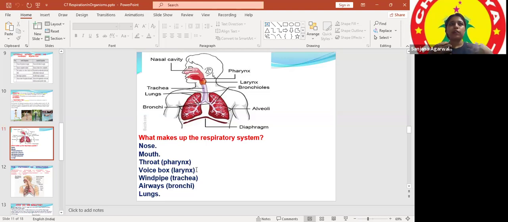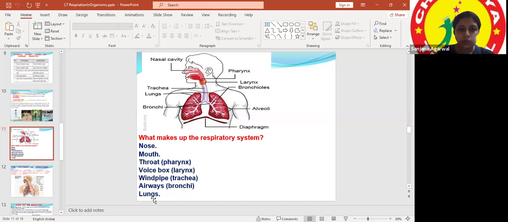Like if we are speaking, I'm able to speak, means the words are coming out by different amounts of air passing. So windpipe, which is also called trachea. Further, when it enters the lungs, there are the bronchi. I'll tell you what bronchi are. That branches, and further, balloon-like structures at the ends of the branch-like structures, and finally it enters the lungs, after which they get passed on to the cells further.